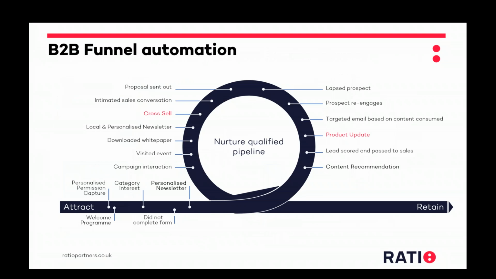But where do you begin? It's quite a tricky thing to decide, because looking at your database, there are many things you could look to do. One thing we would recommend is building out a map, almost like a bunch of ideas. Now, the one on screen is an example, and obviously every company is different. But the idea is to sit down as a marketing team and flesh out how you collect data, but also the type of activities that might be relevant to individuals, and then use that as a starting point. In effect, we build out a big map,